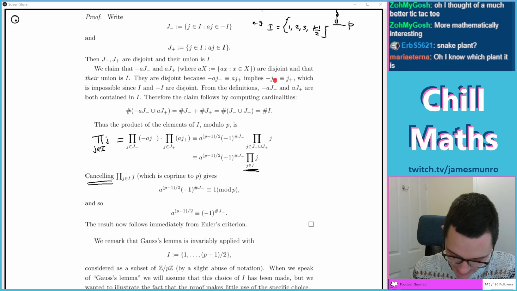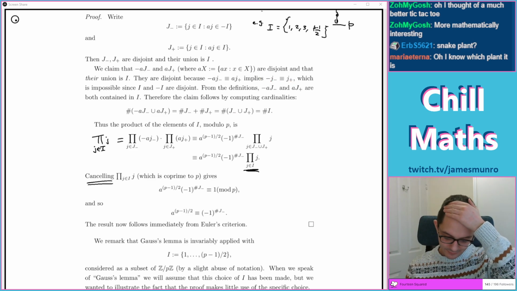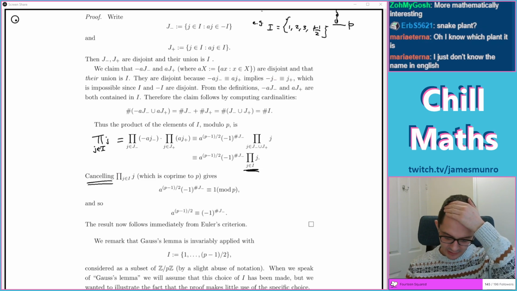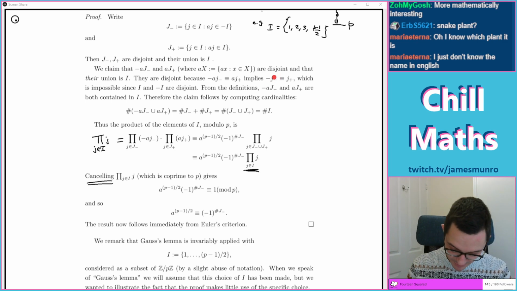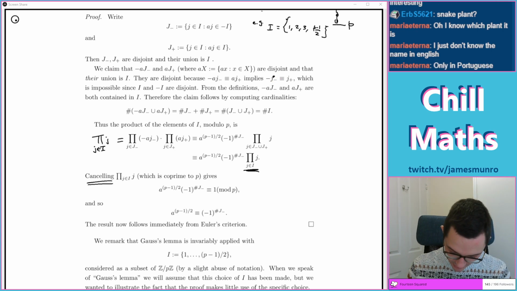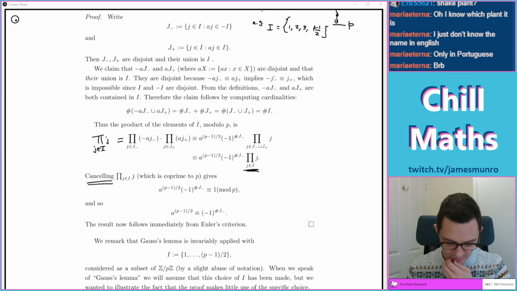If these things had turned out to be the same number, then when you divide by A, you'd say minus J minus, it's J plus. But that one's from... I don't get it. J minus is things in I. Oh, right, so these things would both be in I, but there's a minus sign around. The minus sign is supposed to give us the other stuff. No, I don't love it. Don't love it.